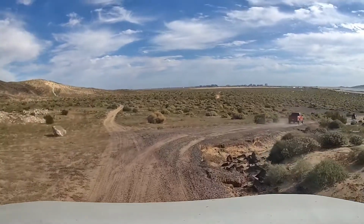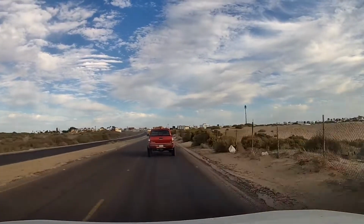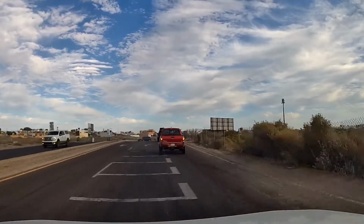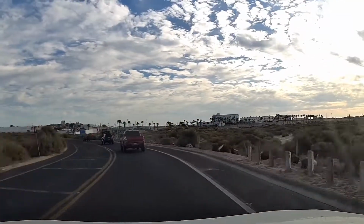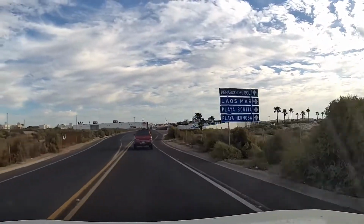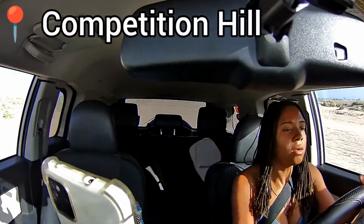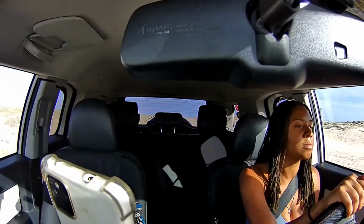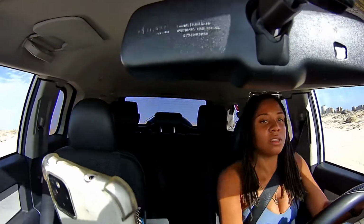I think the issue is there was no weight in the back of the Tacoma, and that made the suspension and the ride just really springy. The Isuzu was much better, about the same ride quality as the FJ. I think what reduced it, considering that it's heavily modded and would have been better than the FJ, is that it's top heavy from being lifted and it has that enormous tire on top. So at this point, we decided to go to Competition Hill, which is a super popular off-roading spot in Rocky